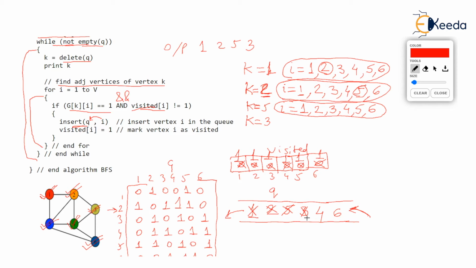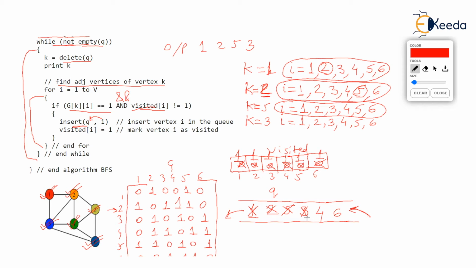So let's find out adjacent vertices of 3. So we will go into the for loop again. The next line is the for with I equal to 1. Sorry, 3 and 1 are not adjacent. I is 2. 3, 2 are adjacent, but 2 is visited. So forget it. 3, 3 is not adjacent, isn't it? 3, 4. 3 and 4 are adjacent, but 4 is visited. So forget it. 3 and 5 are not adjacent itself. 3 and 6. 3, 6 are adjacent, but 6 is visited.